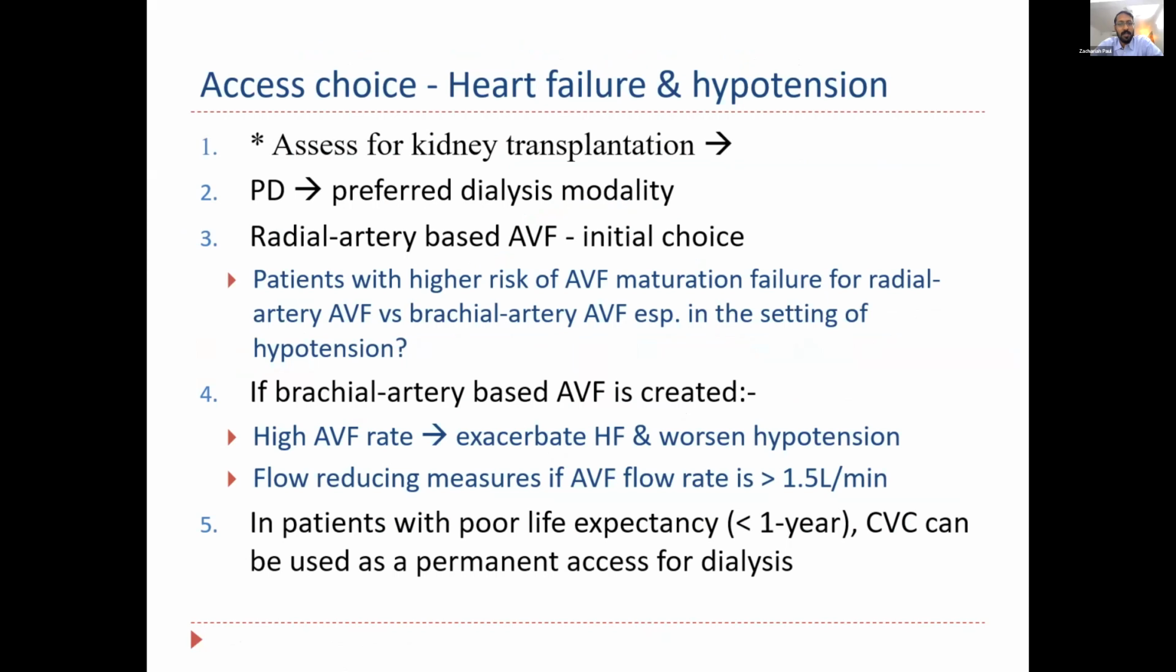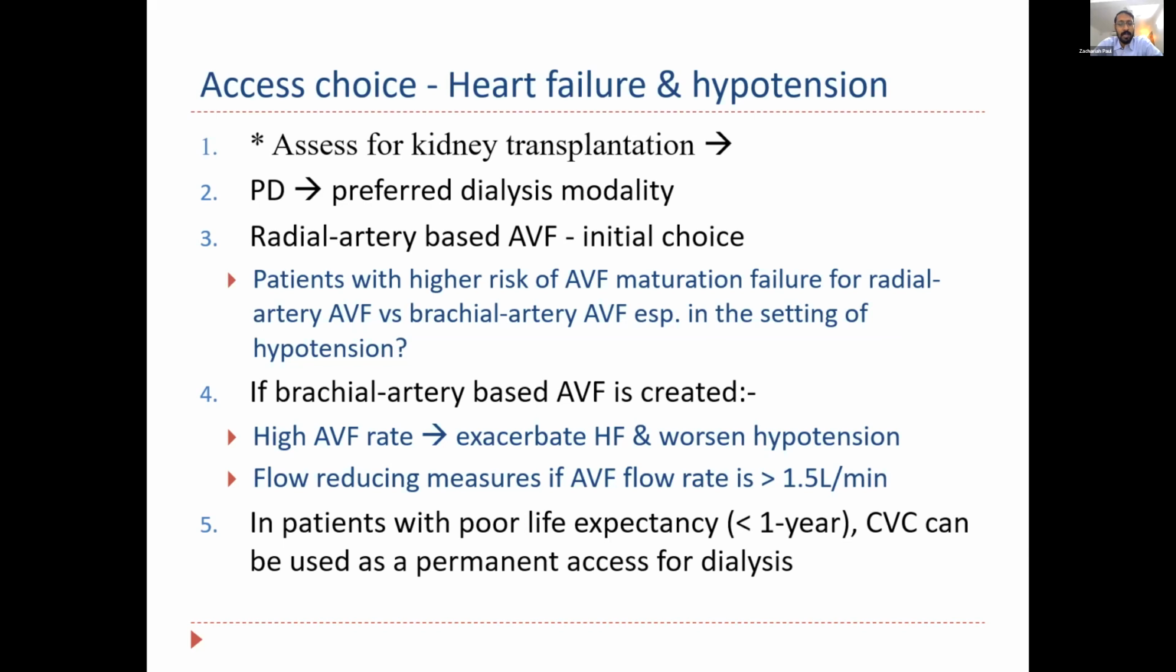So what is the access of choice that we have in patients with a cardiac problem and chronic hypertension? Definitely, if the patient is fit for transplant, we work up and go in that line. Peritoneal dialysis is always the preferred dialysis modality because it's a modality where we expect the least cardiac or hemodynamic instability. And given a choice, if you have to do a fistula, it is always preferred that we go with the